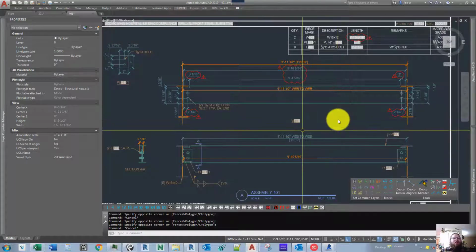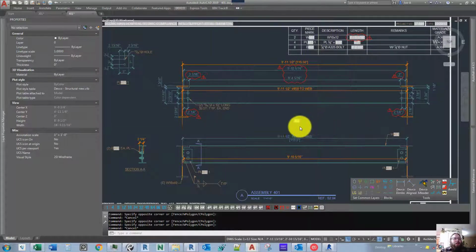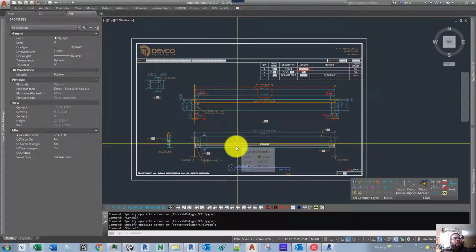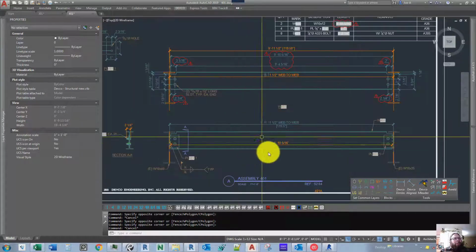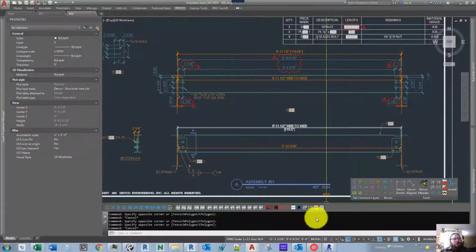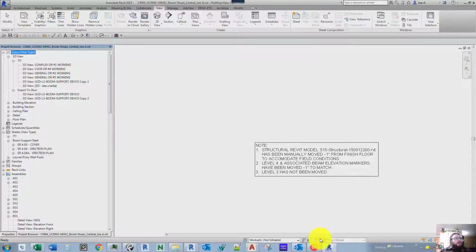But in this case, they wanted us to provide them because it was kind of a complex system they were trying to do. I can show you the Revit file. The Revit file is where we ended up doing the work later on because it was such a much easier way to